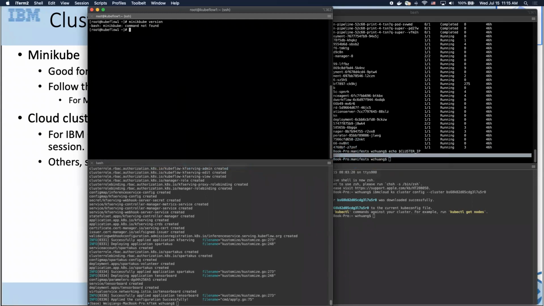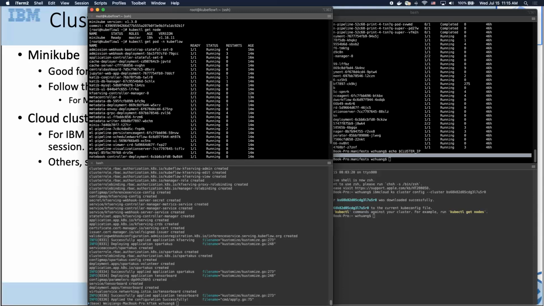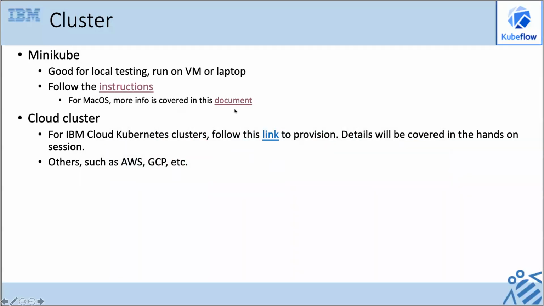Right. So I have a Minikube here, and I have just one node, and I already installed Kubeflow on it. So it's capable of running some of the things for your testing and development purposes. But of course, when you come to production or real things,